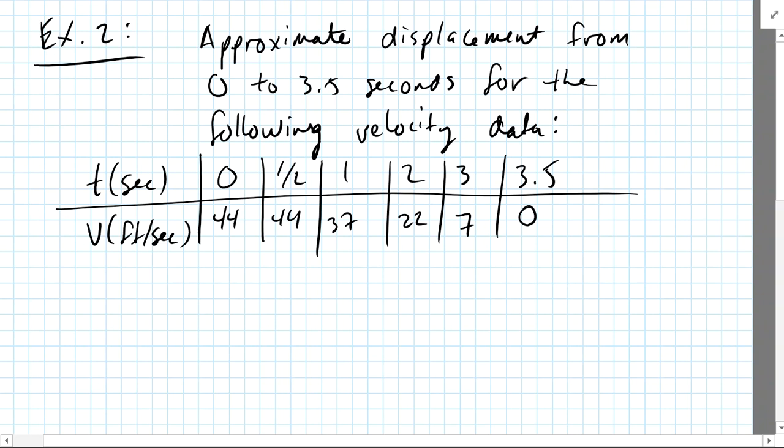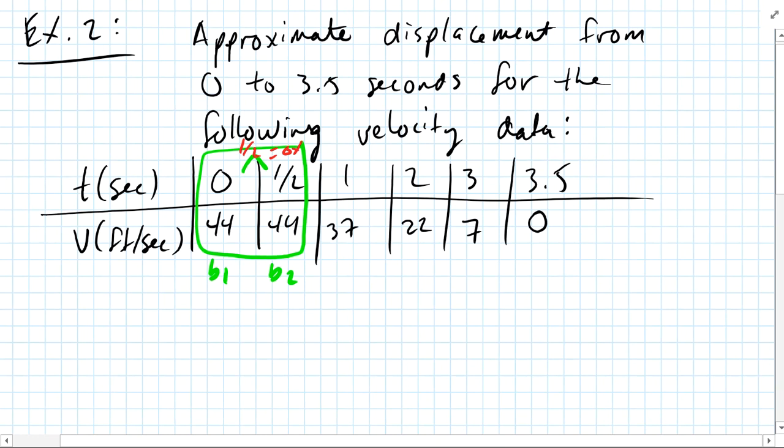What I need you all to realize is that this is my first trapezoid. This is the first trapezoid. This is base 1, this is base 2, and this is the delta x. What is my delta x? 1/2 equals the delta x for the first one. Am I going to do that for each one? So what I'm going to do, I want to shift this down so that I can actually have